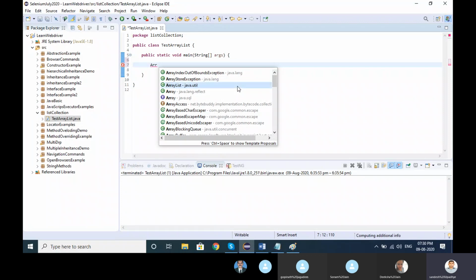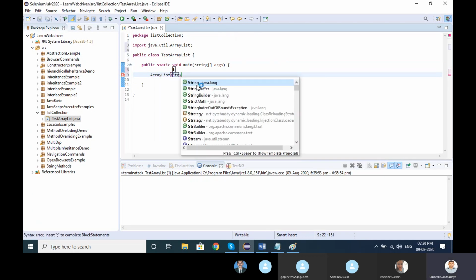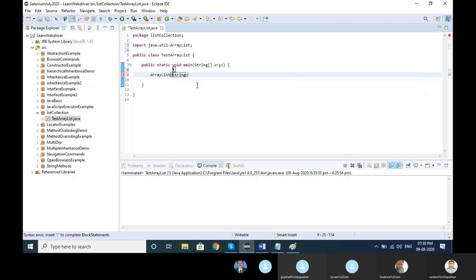We are taking ArrayList. Keep in mind, ArrayList comes from the java.util package. ArrayList of String, creating an object: arrayList is equal to new ArrayList.